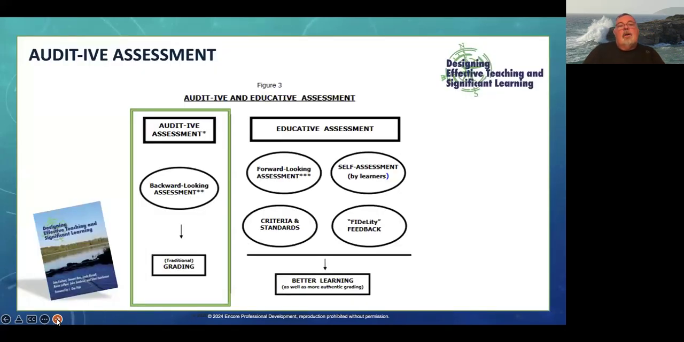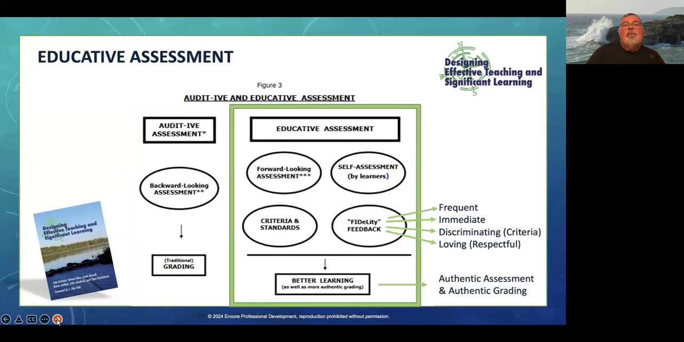So in the book, we talk a little bit about this too. The auditive assessment, that backward-looking assessment, that's the way we've done traditional grading. In fact, I'm working on a presentation right now that's all about dropping the grades and motivating with badges. And so we'll take a look at that a little bit, but we won't be able to get into that much on the air. But it's becoming this idea that we really want to move to the educative assessment, where we're going to be able to